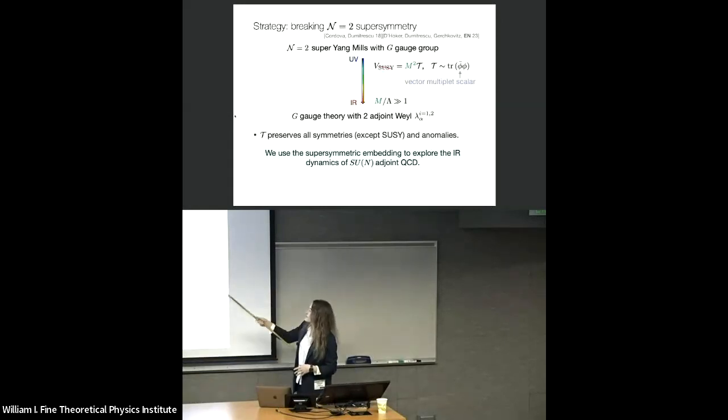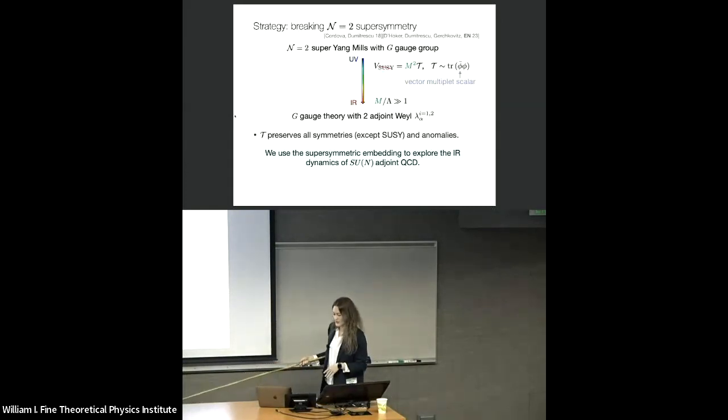And then the statement is, for scales of the supersymmetry breaking much larger than the strong coupling scale of the N equals 2 theory, I flow onto adjoint QCD. So at the basic level, if I delete the scalars in the N equals 2 theory, then I recover NF equals 2 non-supersymmetric adjoint QCD. And so in this flow, my two adjoint Weyl fermions are precisely the gauginos in the N equals 2